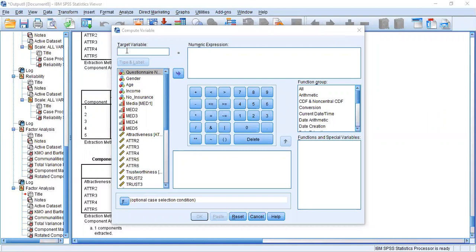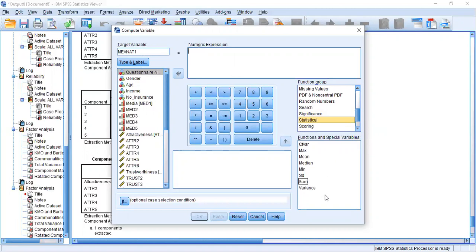Then under the target variable, you can give a name for that. So in here I give mean. Since I have already calculated it, I give it as 1. Then in here, under the function group, select statistical.